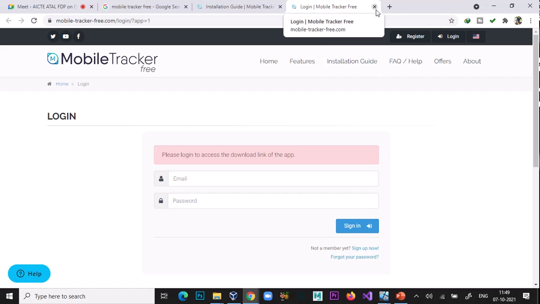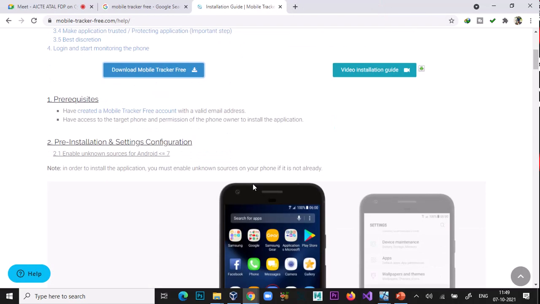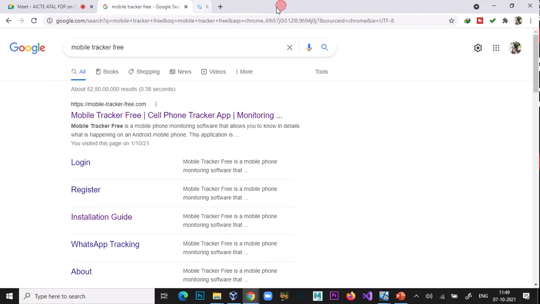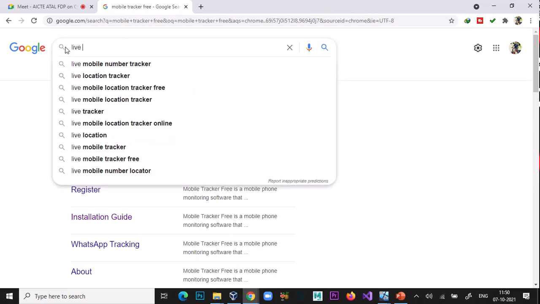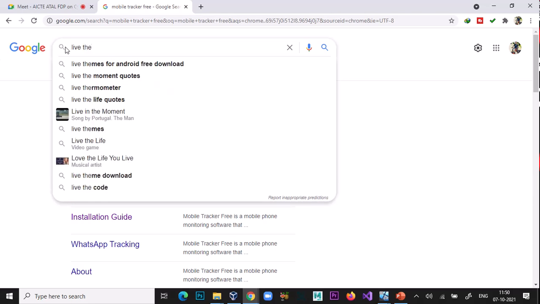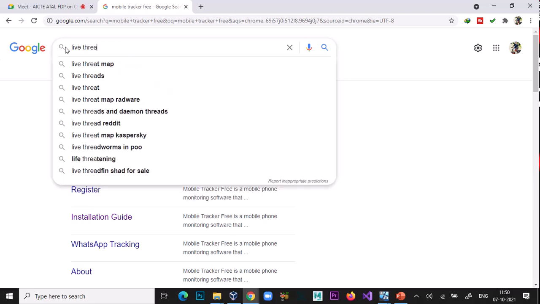I will show you the demo later. Now just type live threat map.